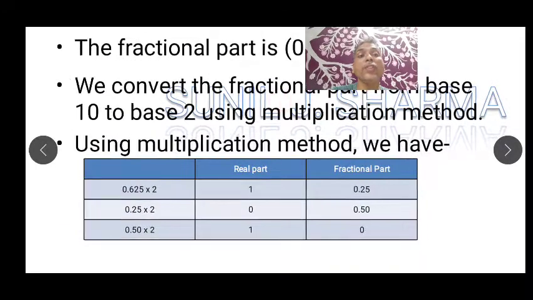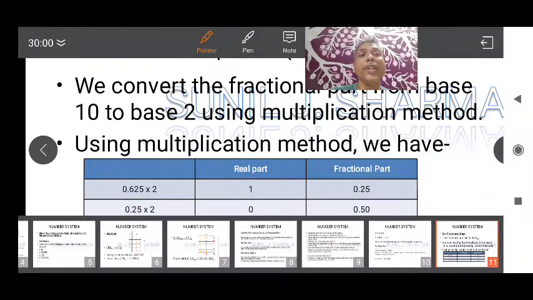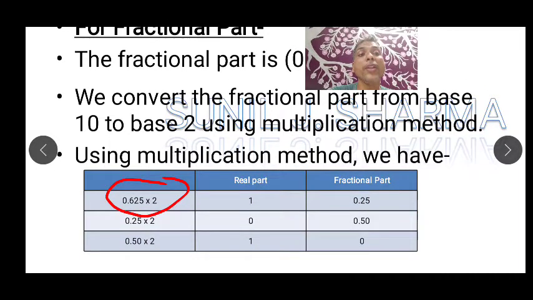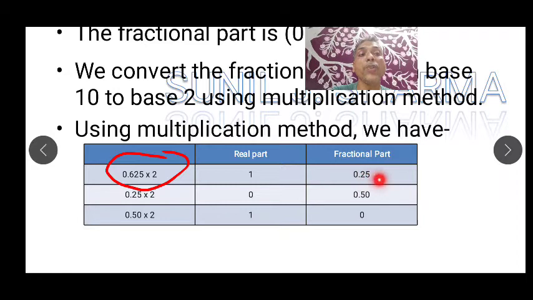As I was telling you, for the fractional part you have to multiply. Can you see, we have just multiplied by 2. Now when we multiply by 2, your answer is 1.25. Okay, 1.25 will be your answer, but whatever is coming before the decimal, that you have to write, and this will be your answer. Remember that this is not your answer. So 1.25, but 1 you have to take out, and the remaining part, 0.25, you keep. Again you have to multiply 0.25 by 2.